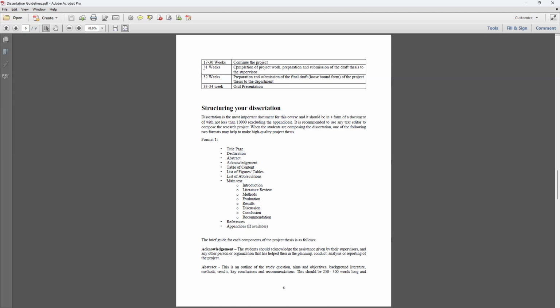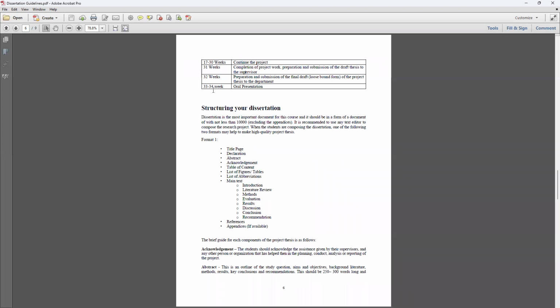So if you have continuous communication with your supervisor, by this time you can finish the preliminary chapters of your research, and you can do the review process with your supervisor a couple of times, and the only thing remaining in your thesis will be from result evaluation to the conclusion. Okay, so I'm thoroughly advising you to do that process, so you will not be lagging at any stage of your thesis writing.